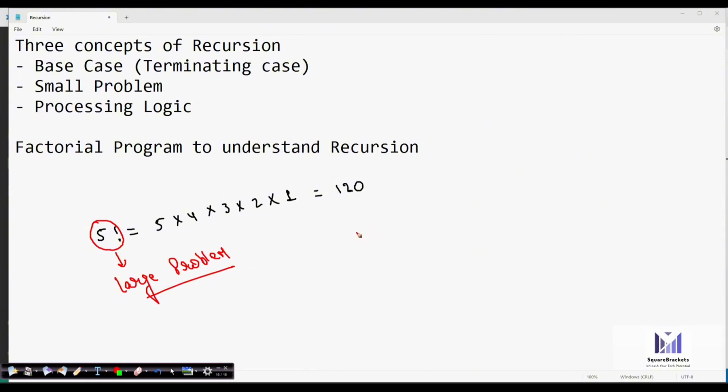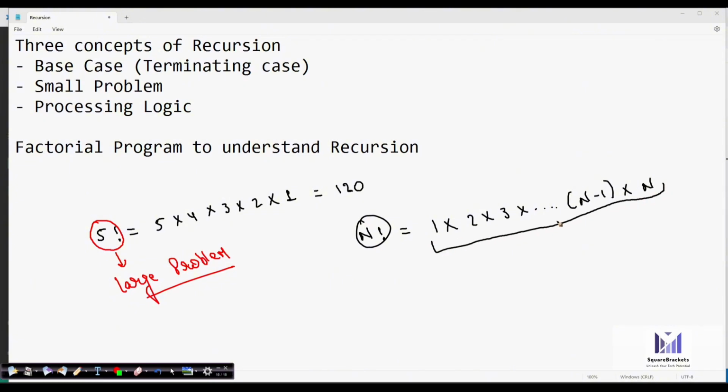If someone is asking me to find the factorial of n, I can say n factorial is the large problem, and to find the proper solution, it becomes a small problem. What exactly is the small problem? You simply multiply 1 into 2 into 3 till n minus 1, and multiply n. This is the breakdown of the problem. So what becomes the formula for n factorial?